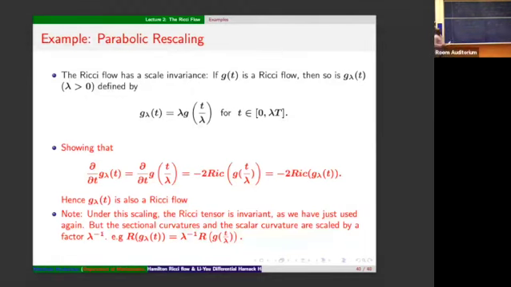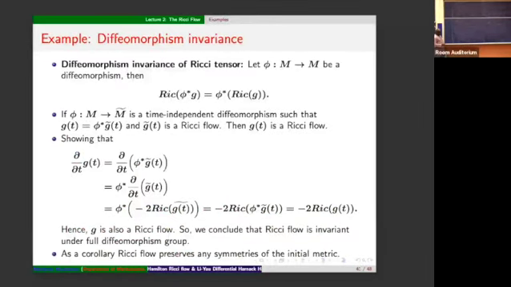Parabolic rescaling: if you rescale the metric, because the Ricci tensor is scale invariant, Ricci flow has scale invariance. Here, if g(t) is a solution of Ricci flow, then you scale g by lambda in this form, and this is also a solution of Ricci flow. You can show that with a simple computation. And then you see that this quantity,